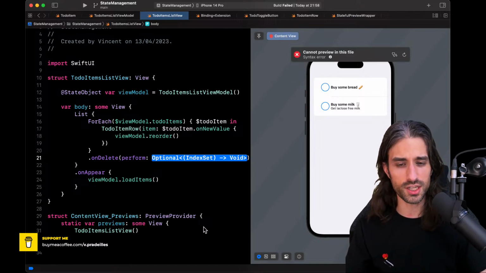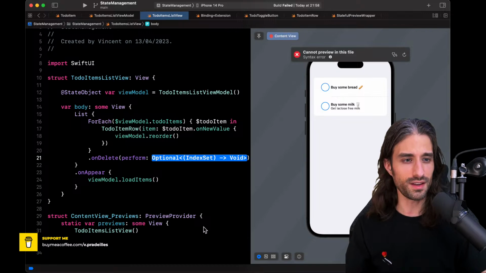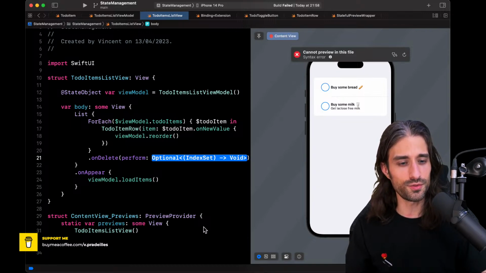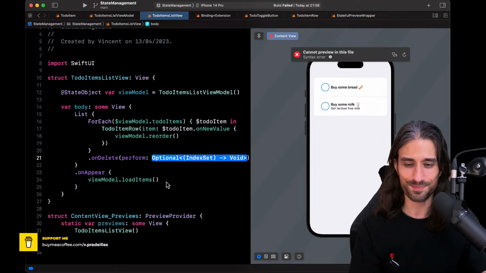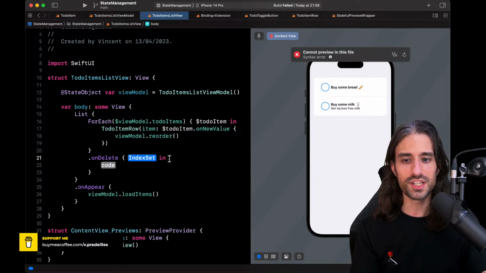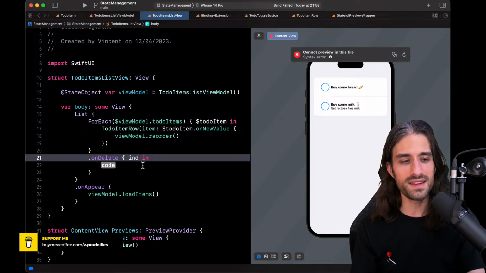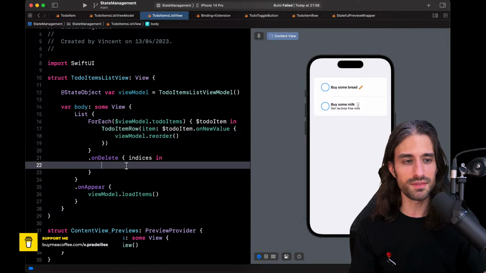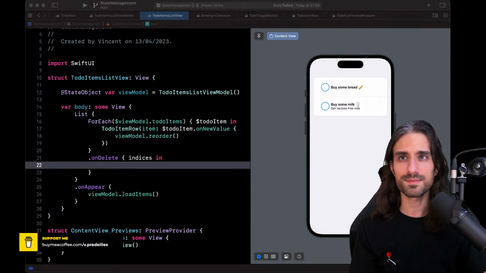And we will see in a later chapter how to deal with dependency injection in order to not need to store the view model inside a shared variable. Back to the onDelete. So we have the onDelete modifier, which takes a closure that takes as an argument an index set. So why an index set? It's because it's the indices that should be removed. It could be more than one if you put the list in edit mode and not just do a swipe to delete. So inside this method, we need to delete some items.